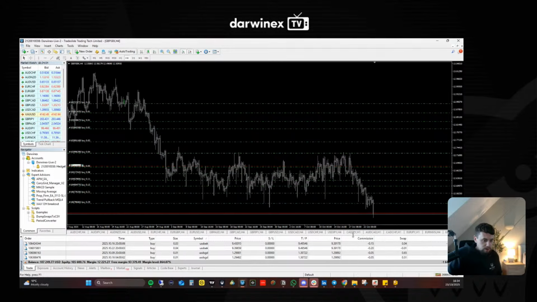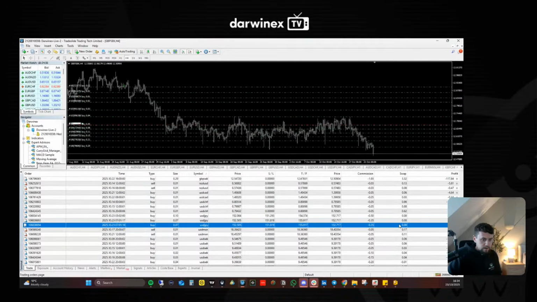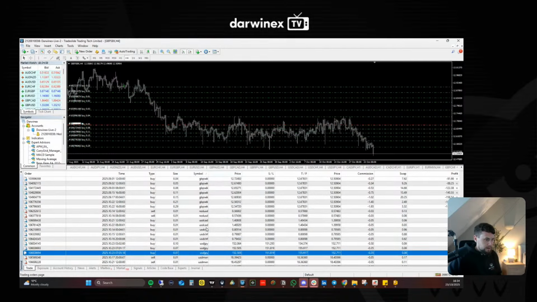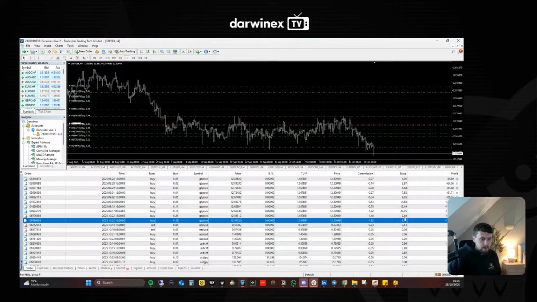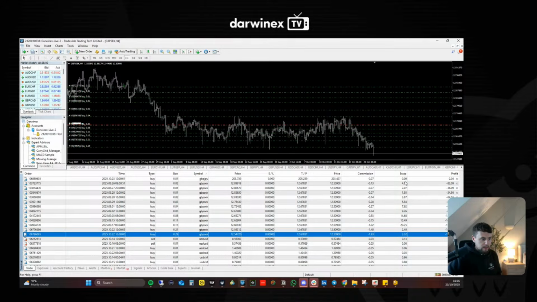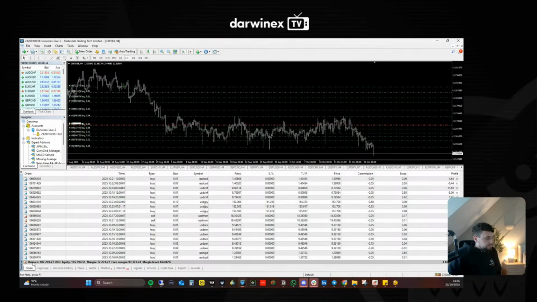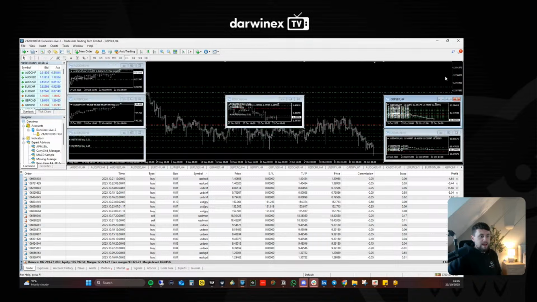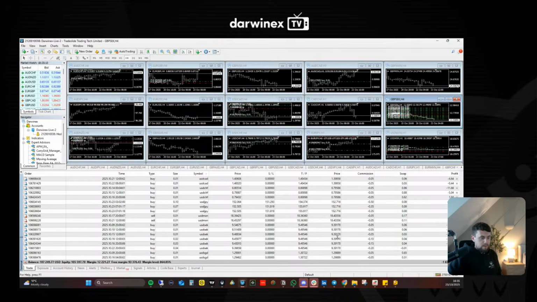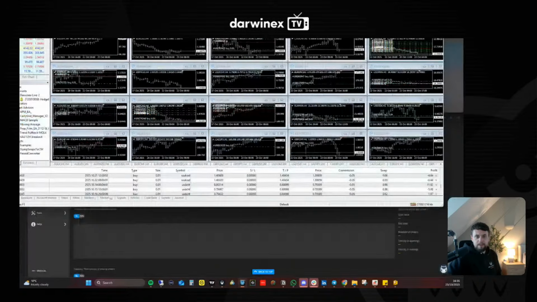But if we look at the swap fees, where are we? GBP SEC. So from here upwards, it's just churning swap fees for me every single night, which is what I have the strategy designed for, right? That's what it's supposed to do. Will it blow up eventually? My tests have said no, but anything can happen in this game, right? And I'm happy with that risk because I don't think it's going to happen.